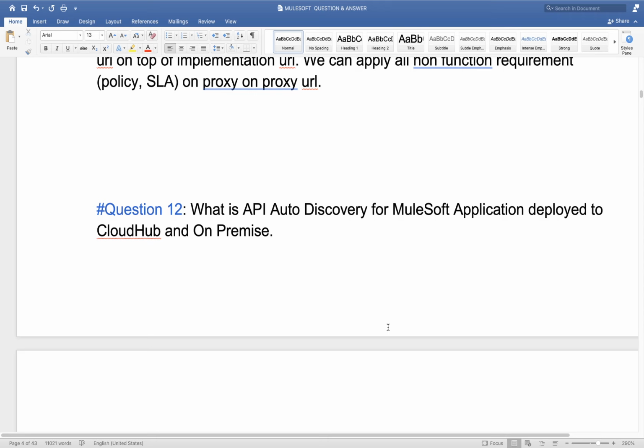Now if you want to connect this API Manager with Mule runtime, then we need auto discovery. For that, we use the API instance ID which is created on API Manager. We need to configure that API instance ID inside auto discovery, and that will help the Mule runtime connect with API Manager.